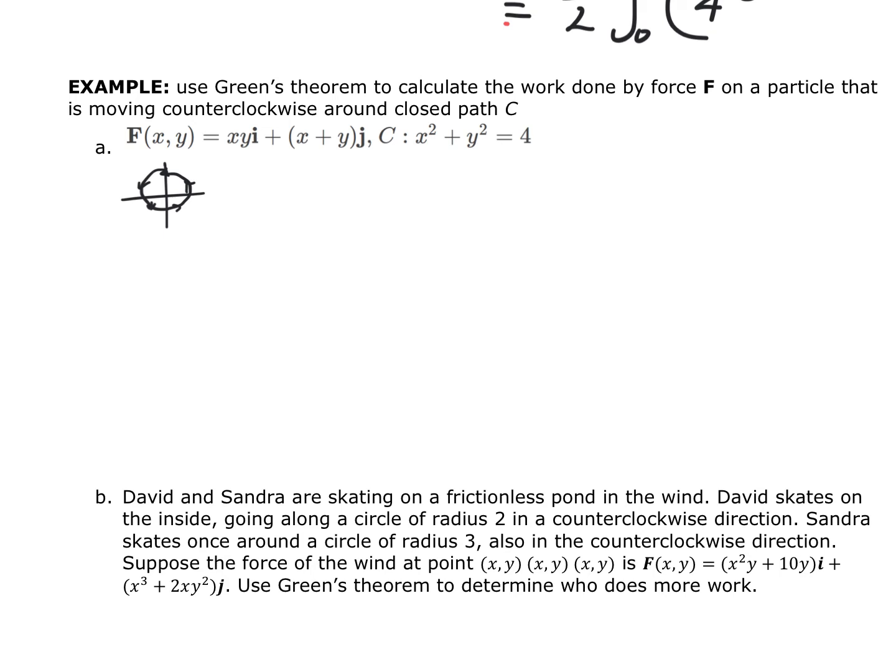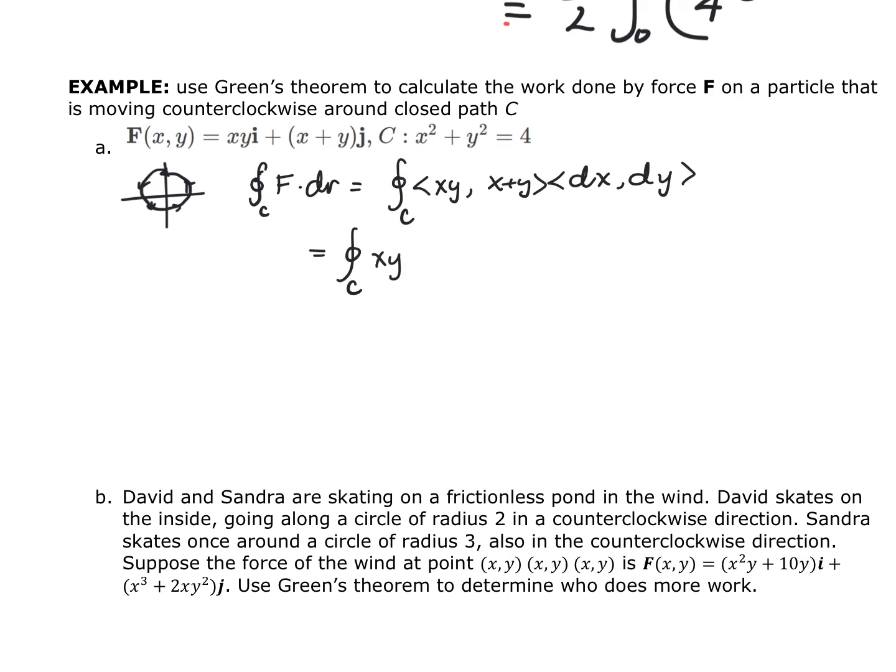So what we're really asked to do is the integration along this curve, the circulation actually, of the vector F dotted with dr, which is equivalent to the circulation across the curve C of the vector x y, comma, x plus y, dotted with dx, dy, which is the circulation across the curve C of xy dx plus (x plus y) dy, which, by Green's theorem,